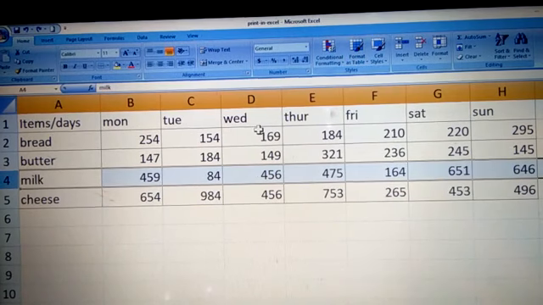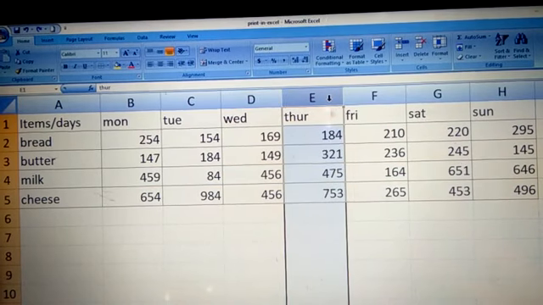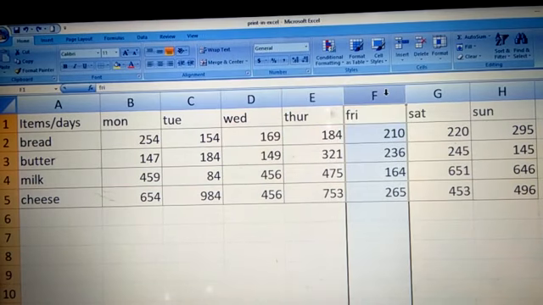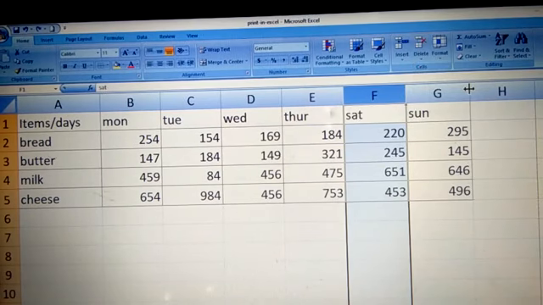Then the next option: if you want to delete a column, you need to select a column. You select any column by going to the heading of that column. If you want to select this F1, you can do it like this. You go to the Home tab, and in the Cells group the Delete option is there. Because you have selected a column, the column option is activated. So Delete Sheet Columns, and this Friday column will be deleted. The entire Friday column is deleted.